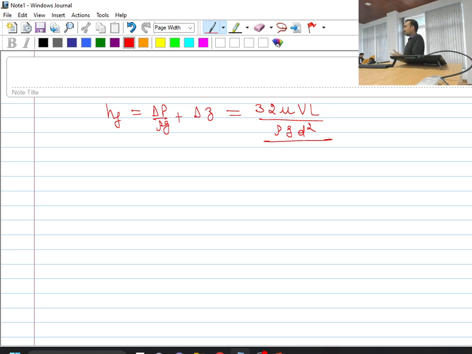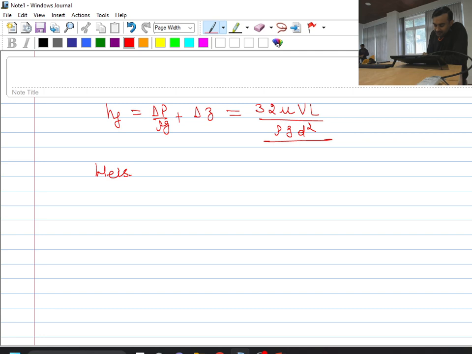Of course, this relation 32 mu V L by rho g d squared we obtained after we substituted the parabolic velocity profile for a pipe flow, which is only applicable for fully developed laminar flow. So that's why we need to get a generic equation which can be applied for both laminar as well as turbulent flows. So in that attempt,